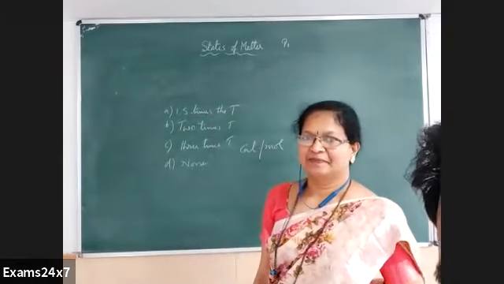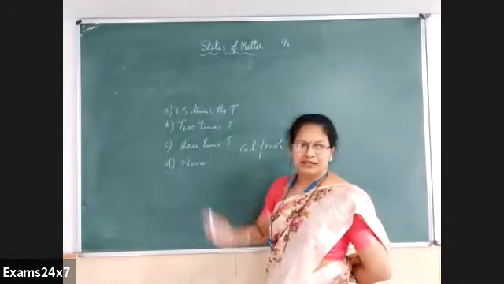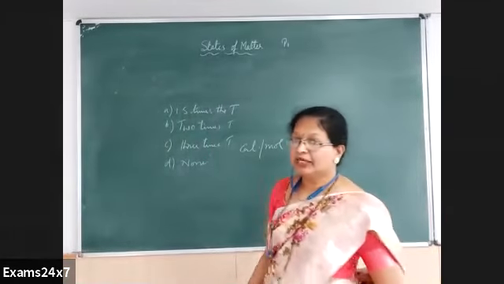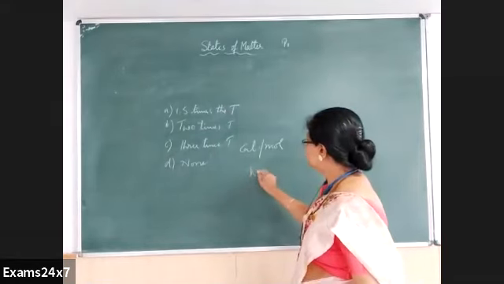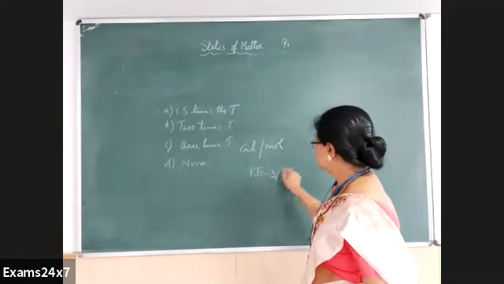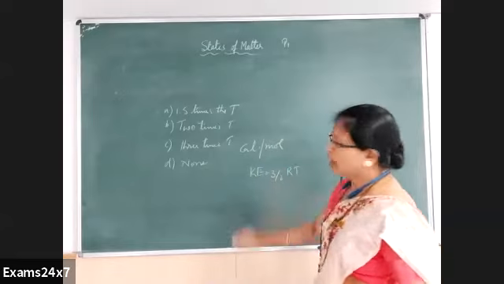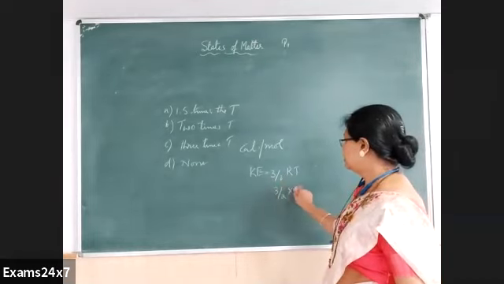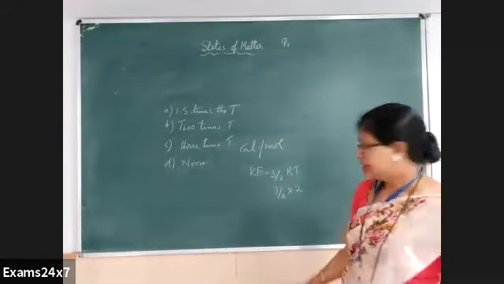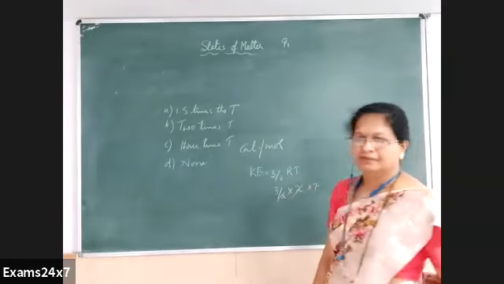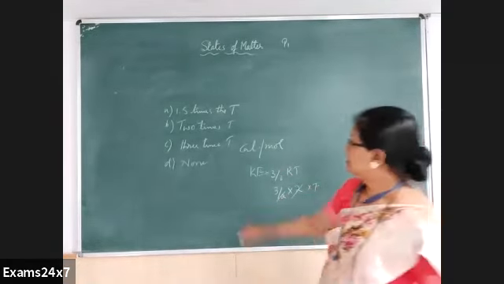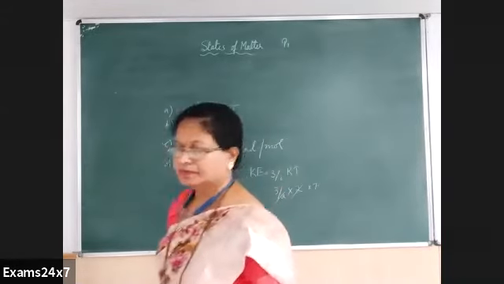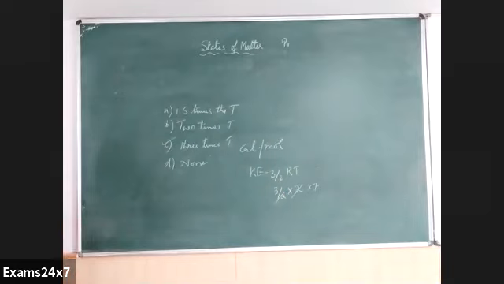Yeah, now it is clear. Have you answered? How do you get that? Kinetic energy is equal to 3/2 RT. What is R in calories per mole? The value of R is 2, so it will be 3/2 into 2, into T. So this will be 3 times T. You get C as the right option. Next question.